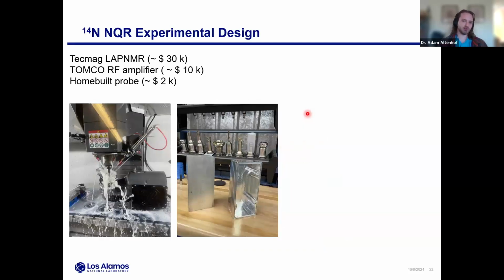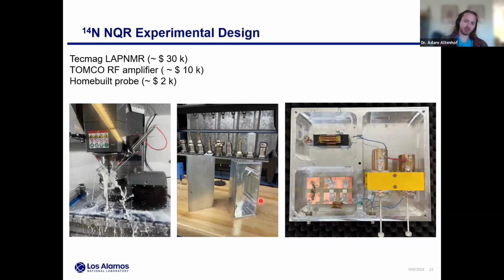And just a note on the probe design we use. So we happen to have a CNC in-house, which is really nice because we can machine these custom form factor probes out of aluminum, and we can make thick-walled aluminum RF shielding, or just get whatever form factor we want. So something closer to what we actually use is shown here. We have these different chambers, our capacitors, our Pi network, ultimately our detection area. And these aluminum walls are nearly 1/2 inch thick. So we get good RF shielding, but also it's just a really rigid mechanical system.